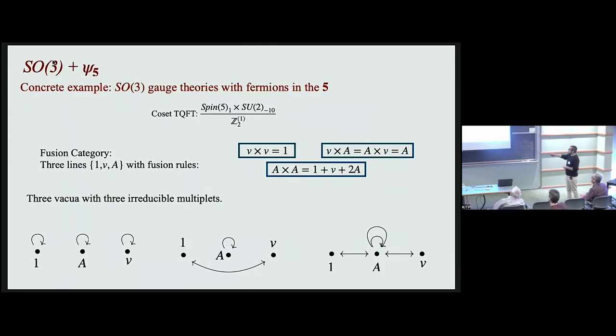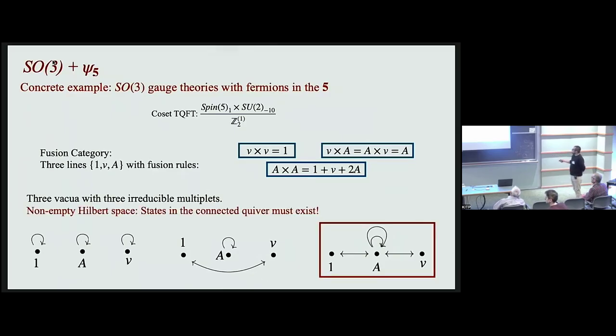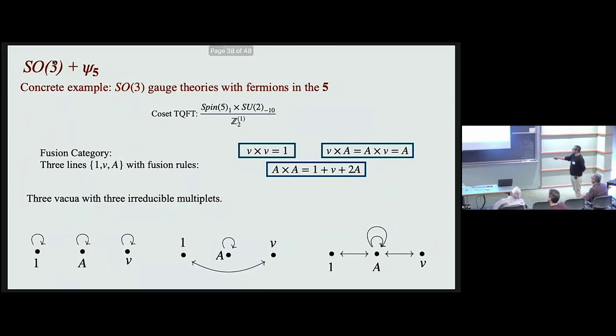So we have 3 vacua with 3 reducible multiplets, and each vacuum we label with one symmetry element. So we have 3 multiplets. One of them is basically what you expect, which is there is always a multiplet that has only particles in each vacuum. We also have a multiplet that is like a C2 symmetry that relates one vacuum with the other, and then just a single particle in the third vacuum. So nothing interesting there.